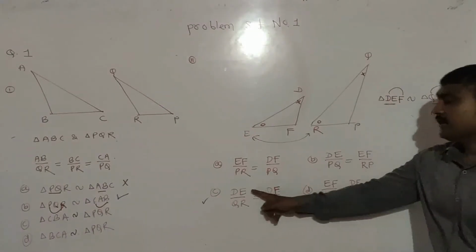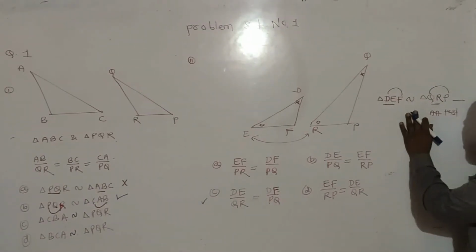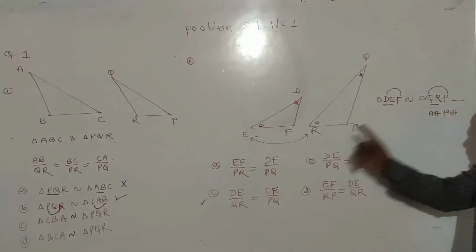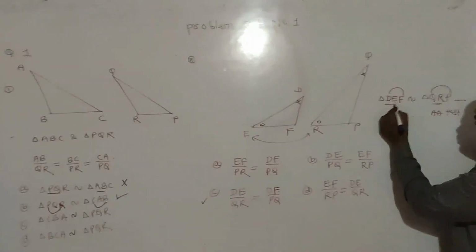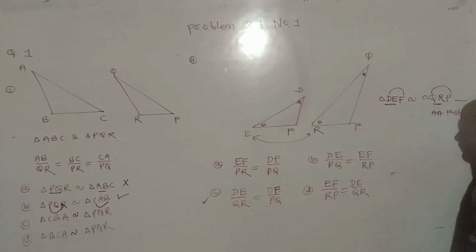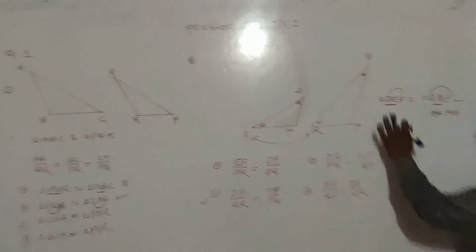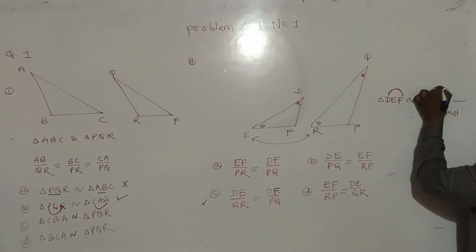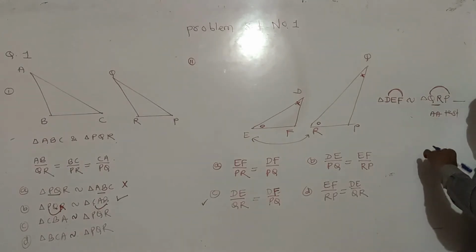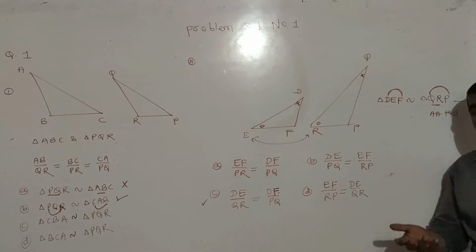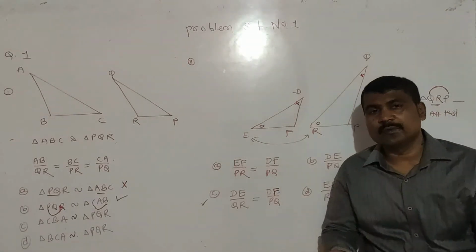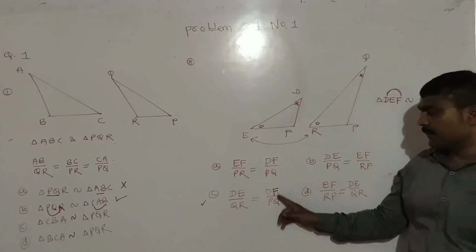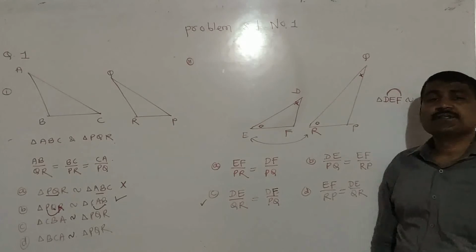Again you can check DE and QR. This order I have written two similar triangle with correct order. So just check this which order is correct. So D की corresponding side कौन सी है? QR. So D upon QR. उसके बाद में DF मतलब first and third. So what should we write? QP. QP लिखा तो भी चलेगा, PQ लिखा तो भी चलेगा. Because suppose PQ is equal to 4 centimeter, तो QP 4 centimeter होगा ना. That's why DF के नीचे QP होना चाहिए. So DF upon QP or PQ is written. So option number C is correct.